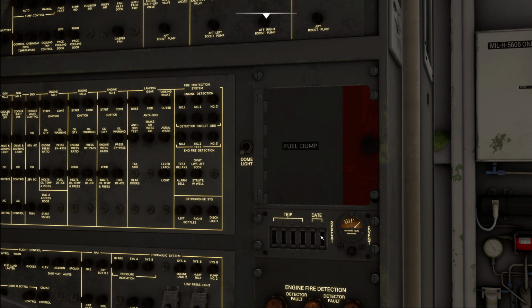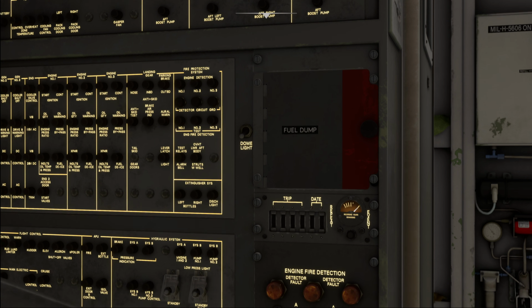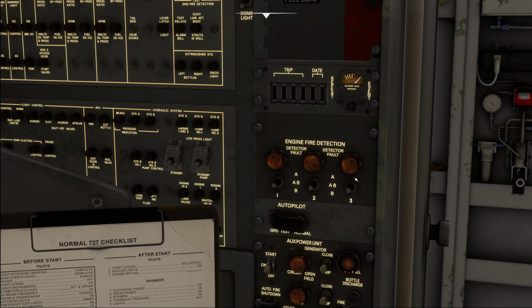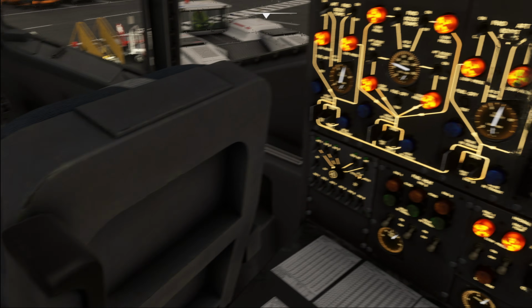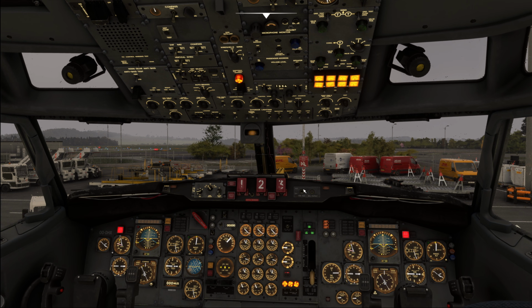Move down to the flight recorder. Unfortunately, this is currently not modeled. Over here you would enter your flight number and the date. Then we go down to the engine fire detector, make sure that all the loops are on the A and B position. And with that done, we can move to the front part of the cockpit and hit the fire